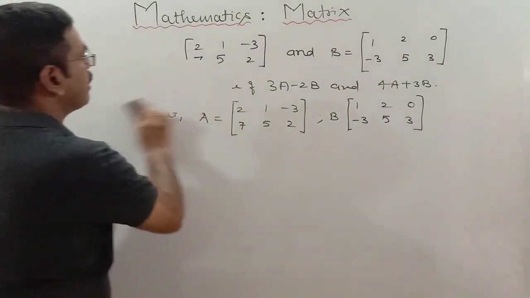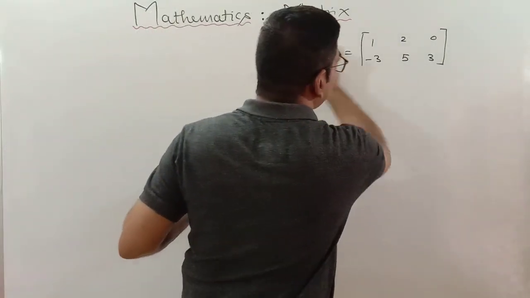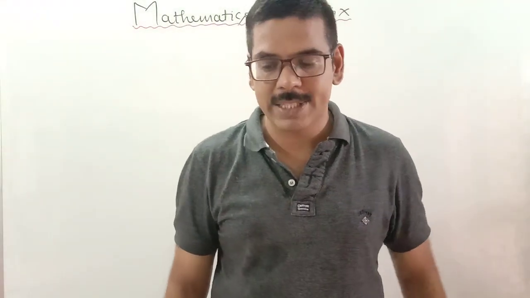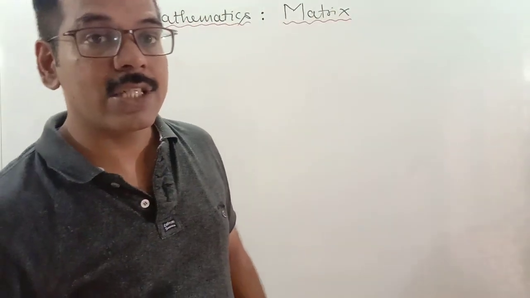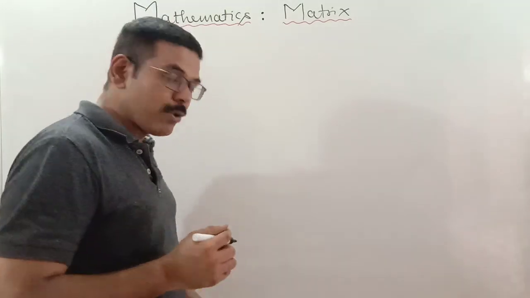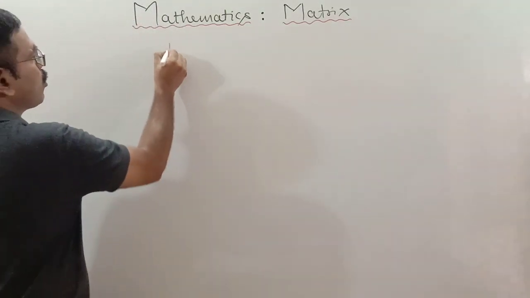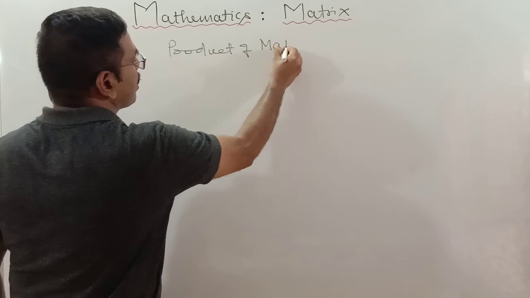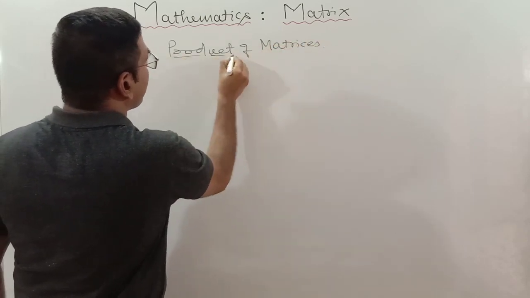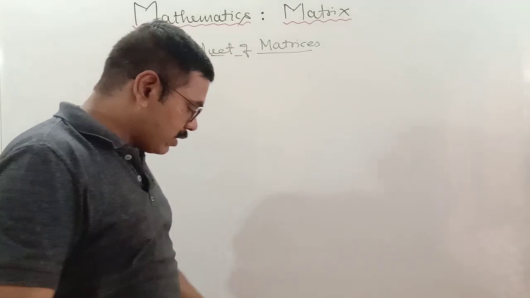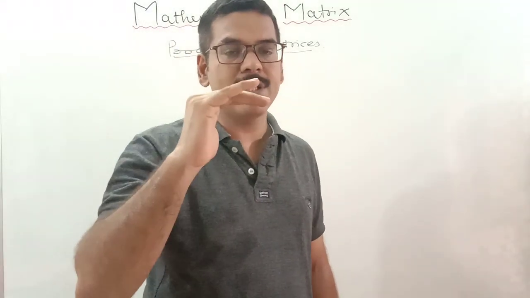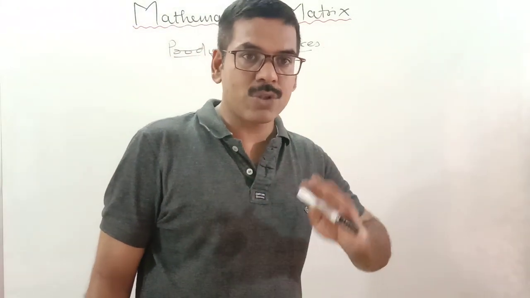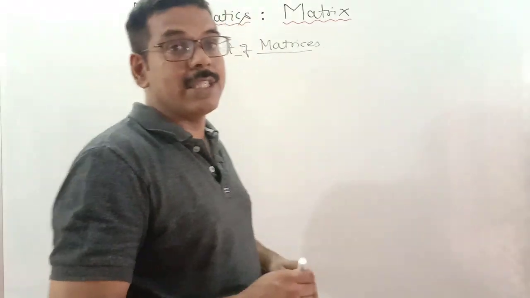Now I think we just finished the addition and subtraction of the two matrices. Now we should see the product of matrices, multiplication of matrices. This is definitely the last topic of that particular chapter. See, product of two matrices. For the product of matrices, you will have to multiply all the elements of a row with the elements of a column. In the sense, the number of columns of the first should be equal to the number of rows of the second. This is the minimum condition.